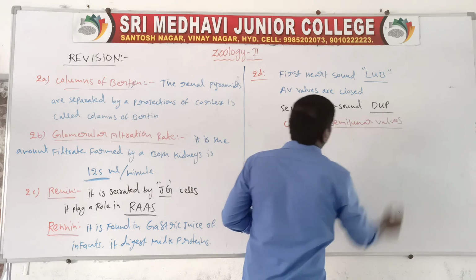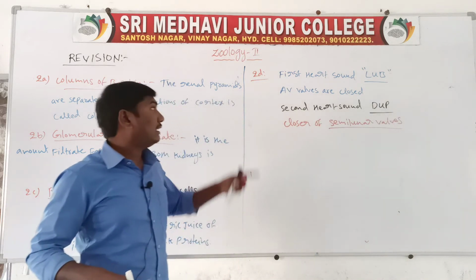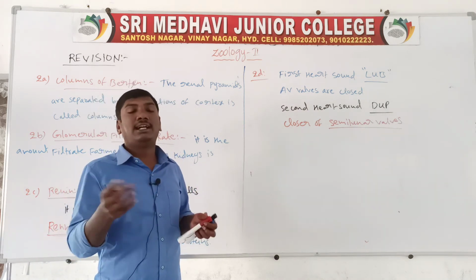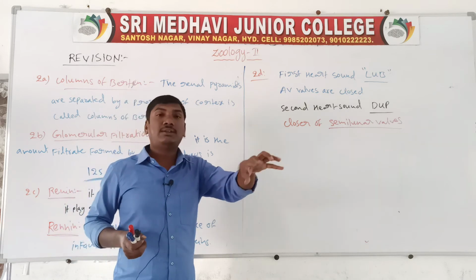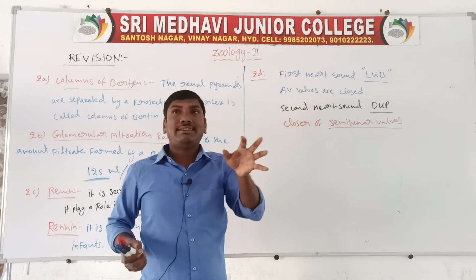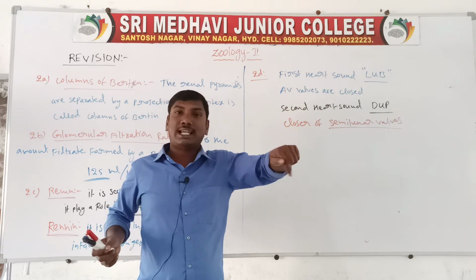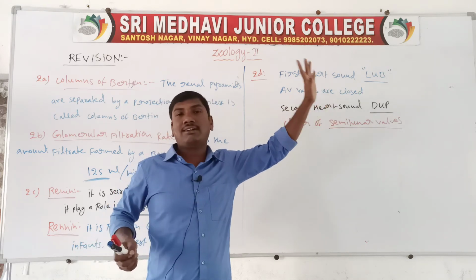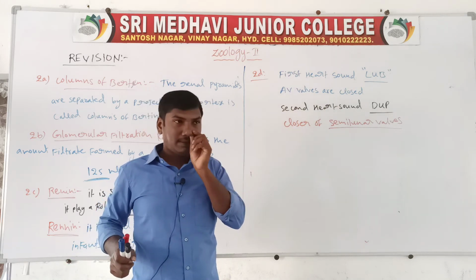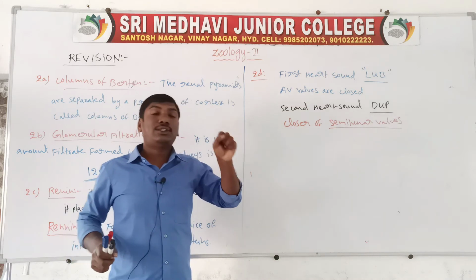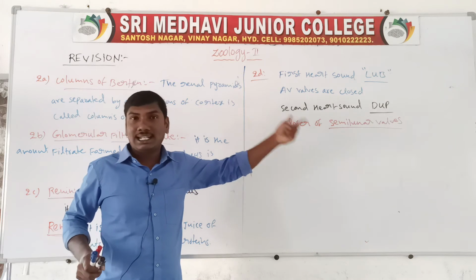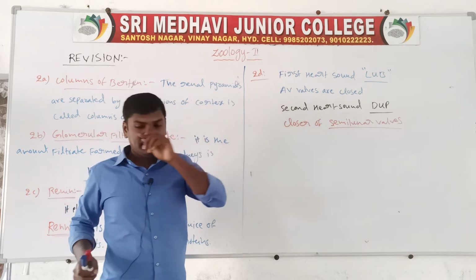This is produced at the closure of the semilunar valves, producing the dub sound. There are two heart sounds, lub and dub. The first one, lub, is produced at the time of ventricular systole, when the AV valve is closed. When the AV valves close, they produce the first heart sound, so it is called lub. The second heart sound, dub, is produced at the time of cardiac diastole, when the semilunar valves are closed. That is when the dub sound is produced.